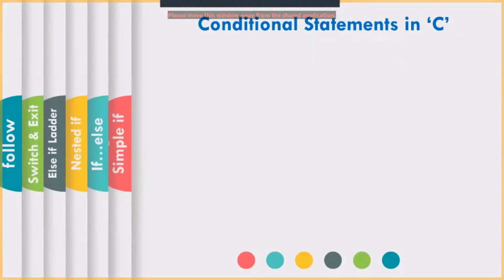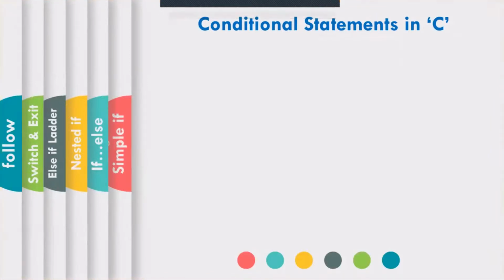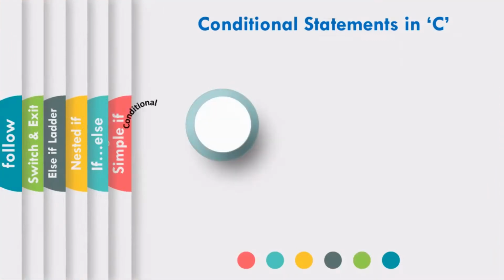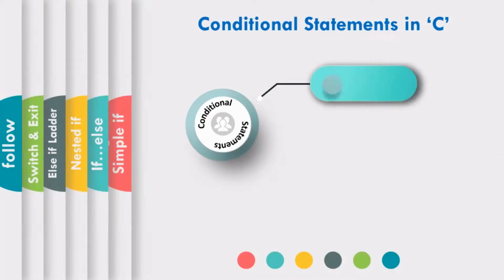In this video, we are going to see about conditional statements in C. Conditional statements help us to make decisions based on certain conditions. These conditions are specified by a set of conditional statements having Boolean expressions which are evaluated to a Boolean value, true or false. There are the following types of conditional statements in C, like simple if,